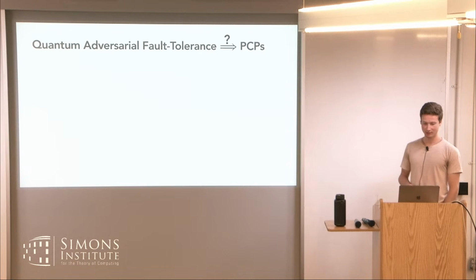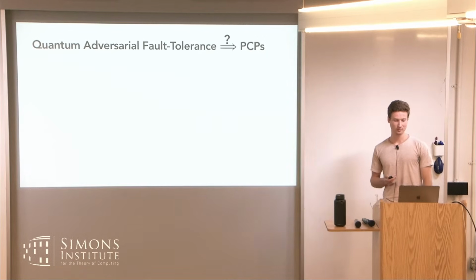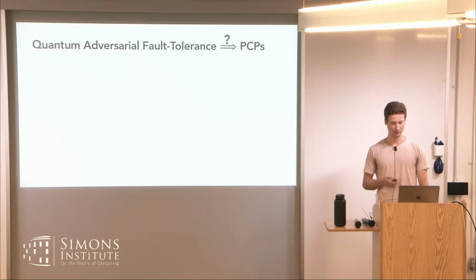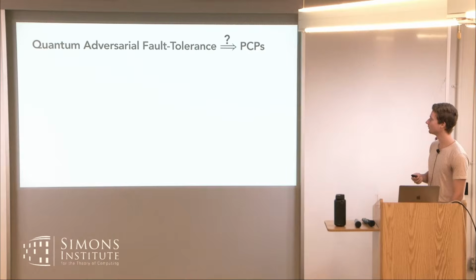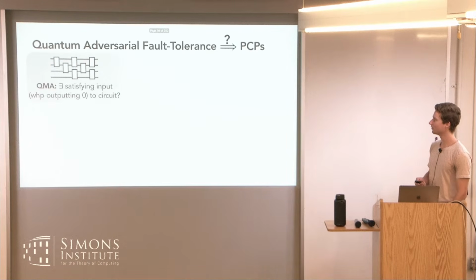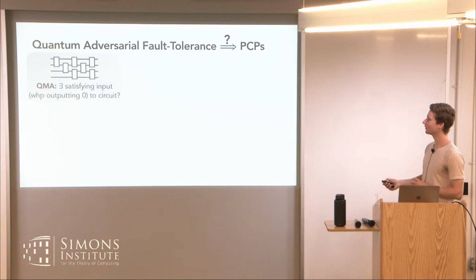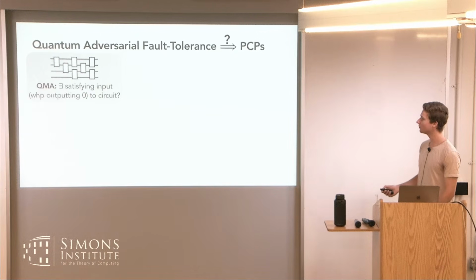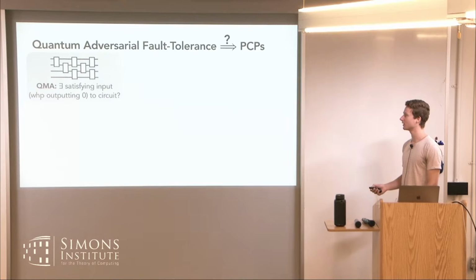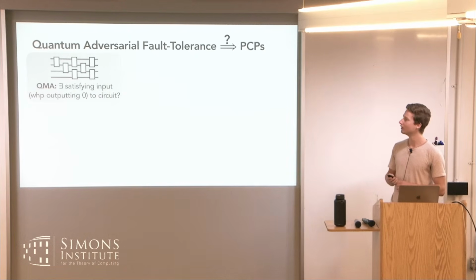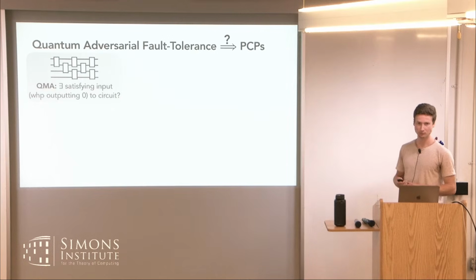So quantumly, we can try to do the same roadmap. This is what this work by Anurag, Nico, and Quinn, this ABN 24 paper, did. We'll have the same steps, but there will be more unknowns. Again, we start with QMA, and a QMA-complete problem is just whether there exists a satisfying input, so an input that gives output 0 with high probability to some quantum circuit.